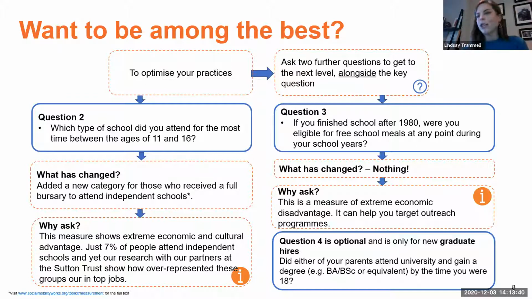There's lots of academic literature that shows that people who are first in family tend to struggle more at school. They're not able to navigate university pipelines. They may not know to look for your business. They may not know what opportunities await them after school. So it's still a really useful measurement, but again, only use it if you have graduate schemes, and always use it alongside these other measures. So it should be an addition, not a solo question.